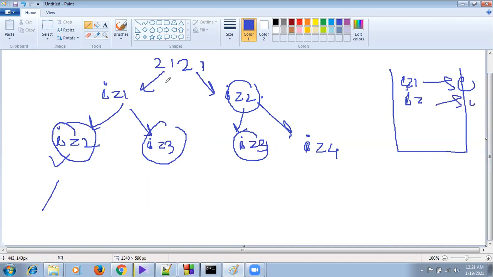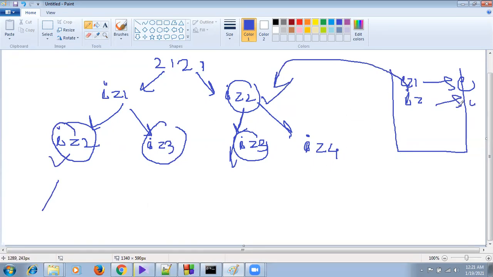Whenever our recursive call needs the same subproblem, we will just extract it from the map. We don't need to call again. So this will reduce our calls. So we have to use dynamic programming here.